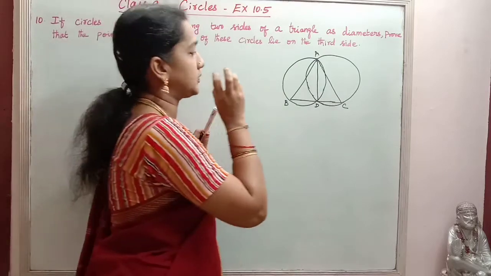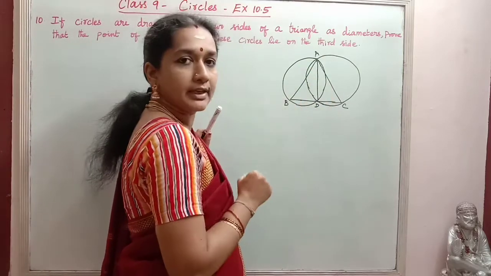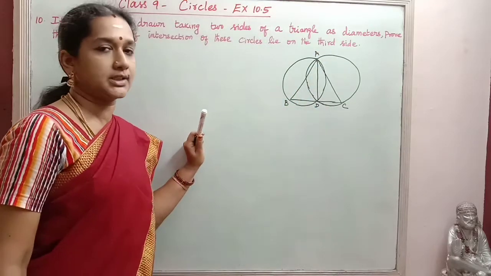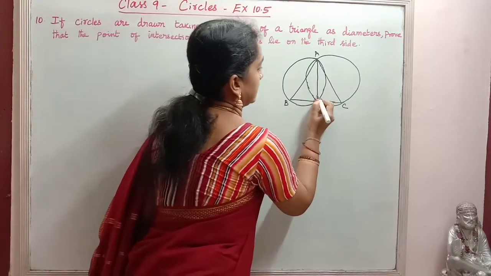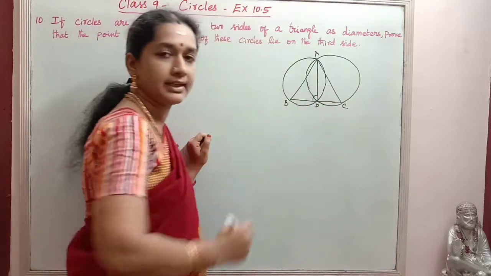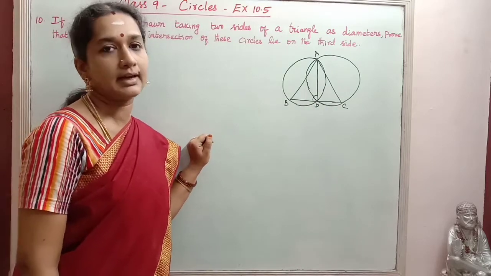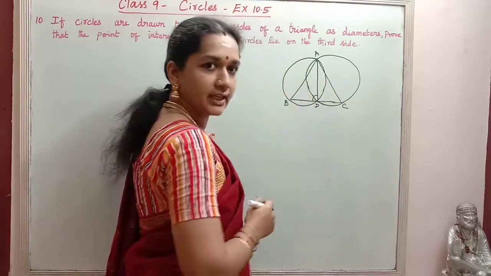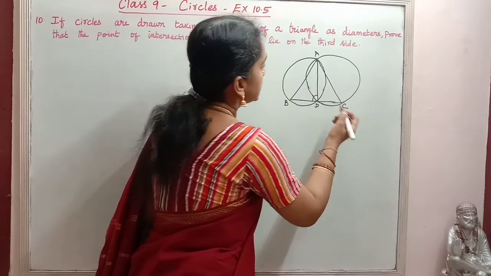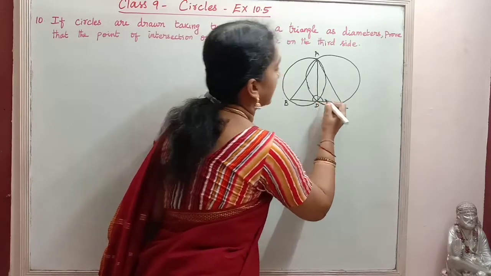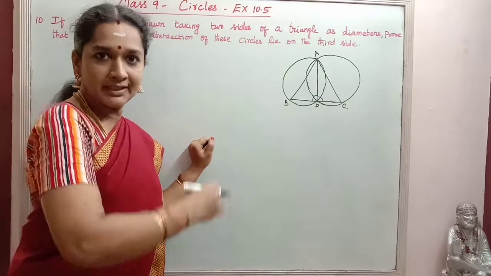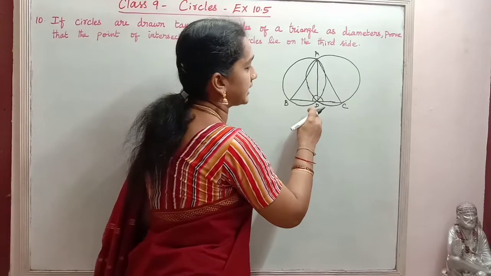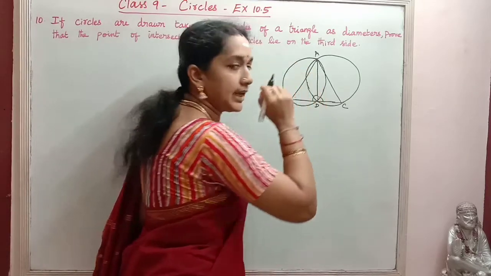Okay, so for proving this, very simple. AD is the chord we will take, and AB and AC are the diameters of the circles. So angles in a semicircle. So we will get a semicircle here. Angle in a semicircle is a right angle, that is 90 degrees. So this is 90 degrees. BDA, we will get it as 90 degrees, angle in a semicircle. Same way CDA, this is also an angle in a semicircle with base AC. With base AB, we will get a semicircle. So BDA is 90 degrees.